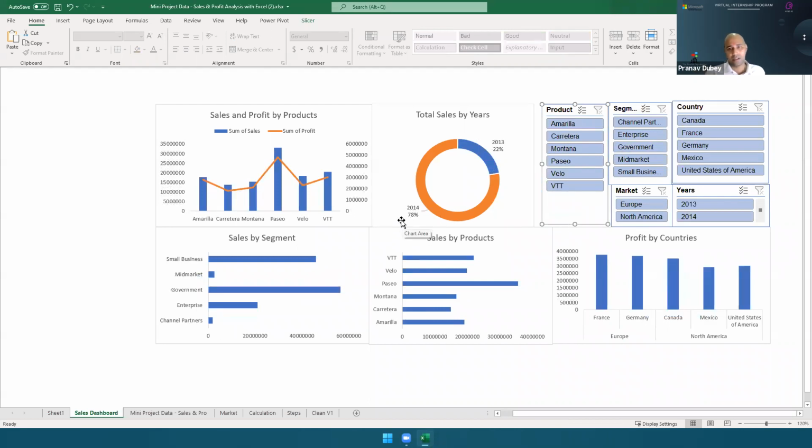Once we have the interactivity, now everybody take a minute and set the report connections. Let me know if you have any question.